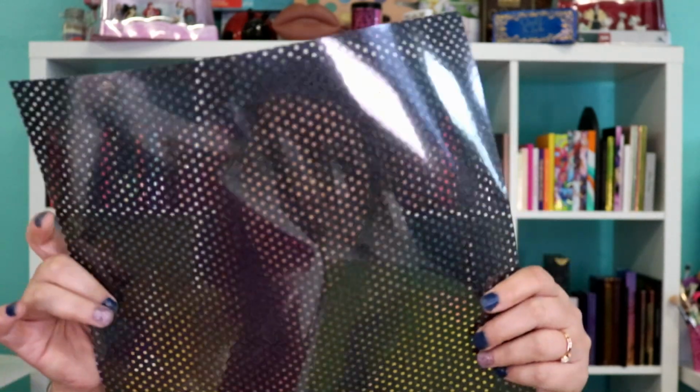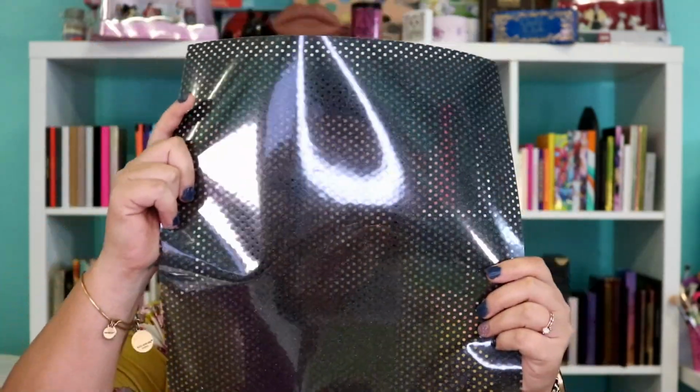Okay, so as you can see, they are completely perforated. You can see myself through it. So you've got black, light gold, hot pink, which would be super cute to do something for breast cancer awareness, British racing green, which I love. This is one of my favorites. Rainbow white opaque, red, silver, pink, gold,